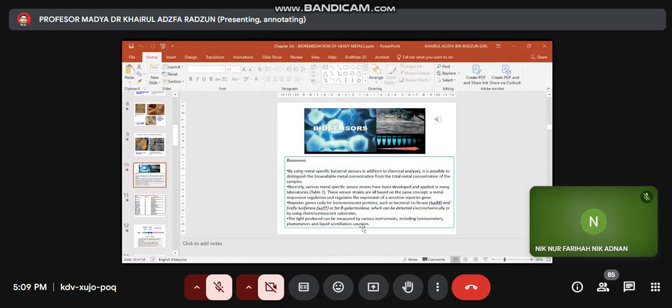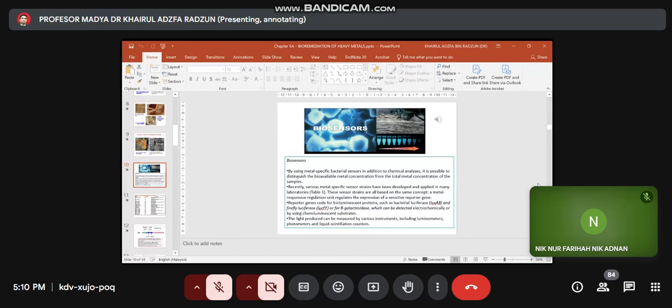These sensor strains are all based on the same concept, which is a metal responsive regulation unit that regulates the expression of a sensitive reporter gene. Meaning when this particular microbe can detect the presence of certain types of metals in the environment, once it senses the presence of this metal, it will trigger the gene expression unit within its cells, and this will trigger the DNA to conduct the expression